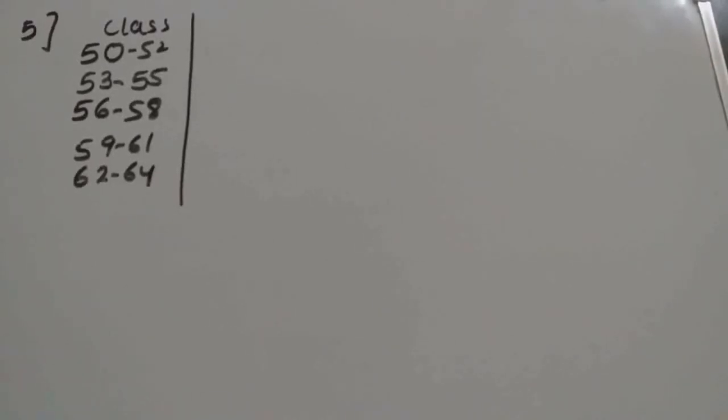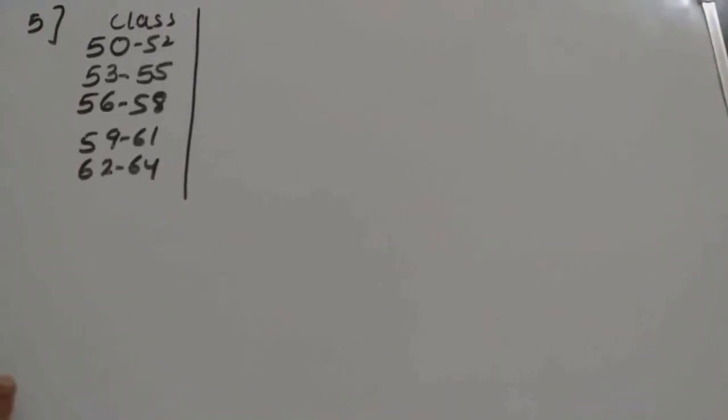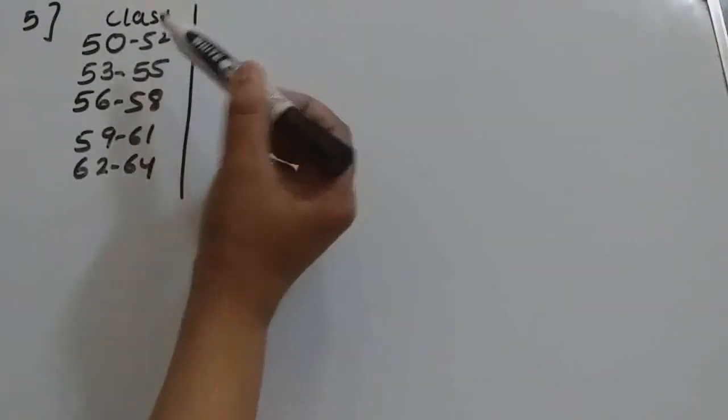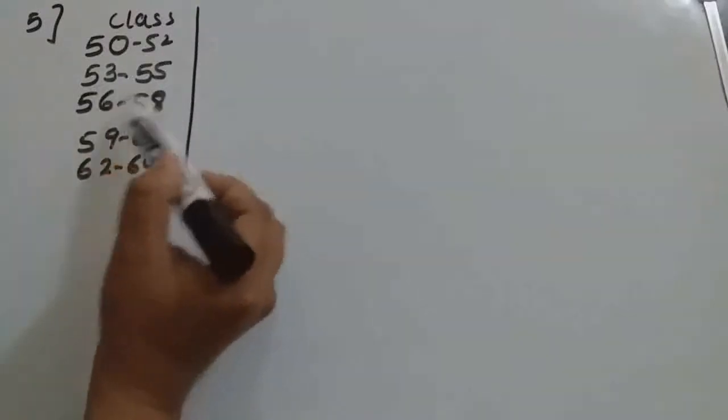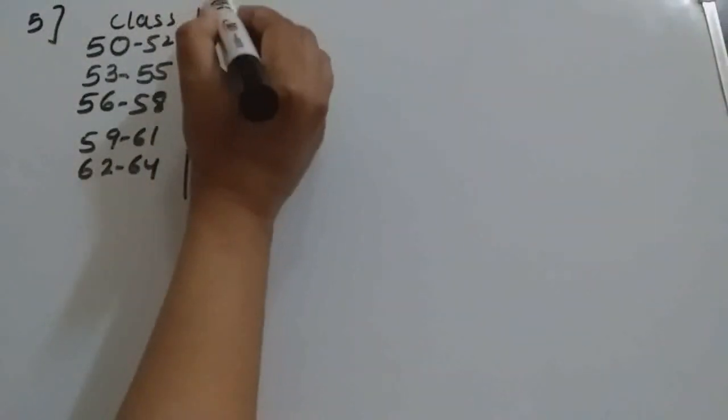See, in this question, it is given that in a retail market, fruit vendors were selling mangoes kept in packing boxes. And these boxes contain varying number of mangoes. So, following was the distribution of the mangoes according to the number of boxes. The number of mangoes is given in the form of classes, and the number of boxes is given. That will be Fi, isn't it?